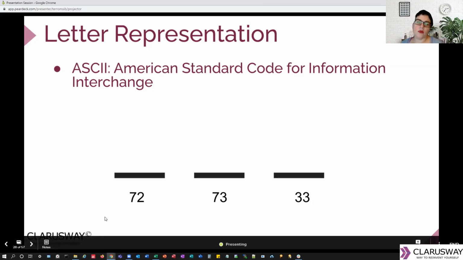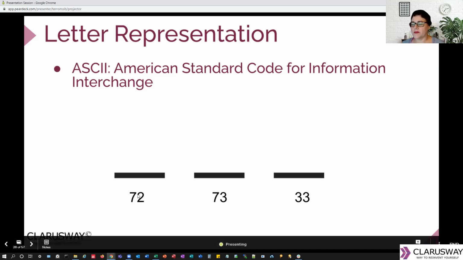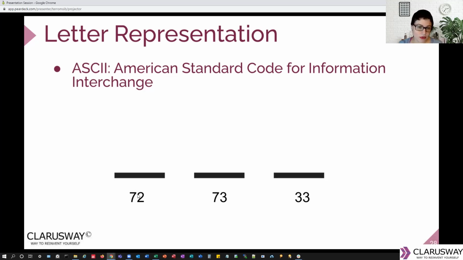So when we want to see an ASCII value, the computer understands that as, okay, you're sending me the binary for 72, and I understand that 72 in a decimal format is actually,